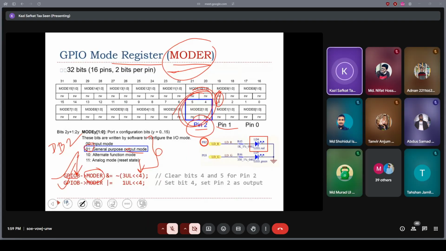Whenever you write 4, it considers bits 4 and 5, and it does a bitwise AND on bits 4 and 5 with not of 3. So 3 means 1, 1, and not of 3 is 0, 0. It does bitwise AND with 0, 0, whatever the values are for bits 4 and 5. If you do bitwise AND with 0, 0, whatever the values were, they would become 0, 0. This is how, using the first line, you cleared bits 4 and 5. And after that,